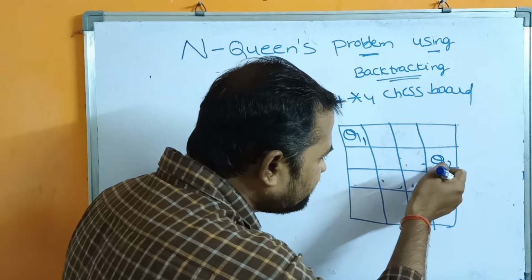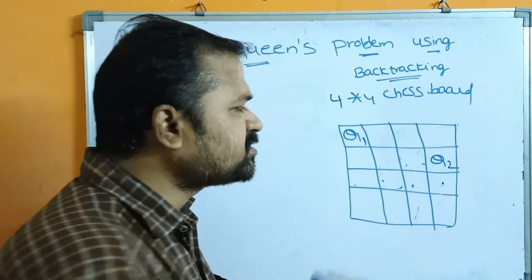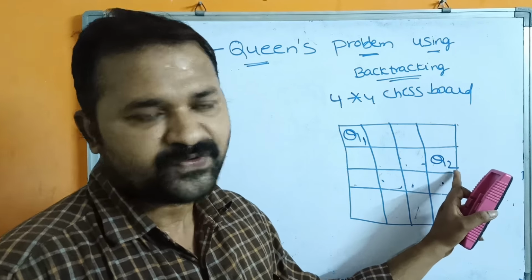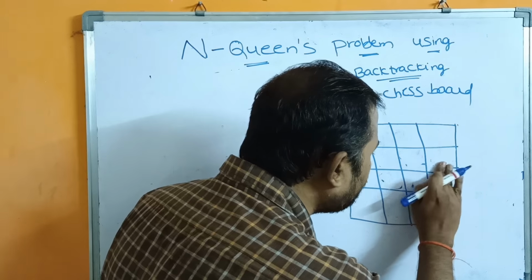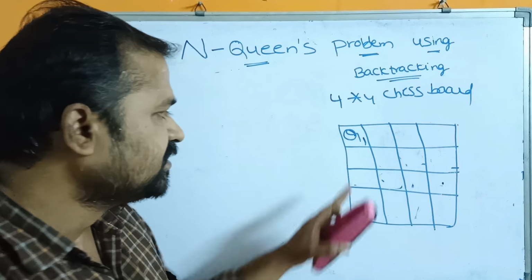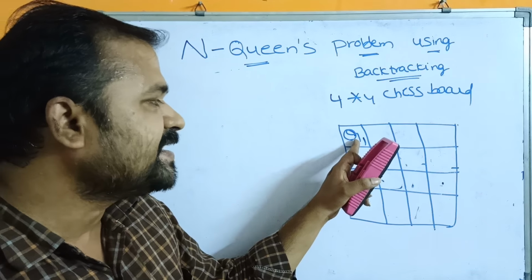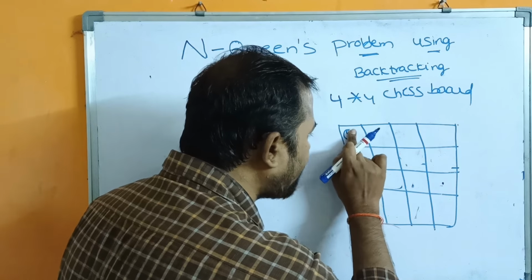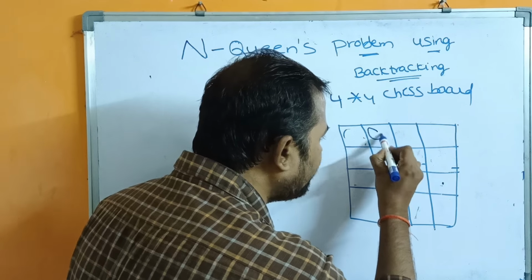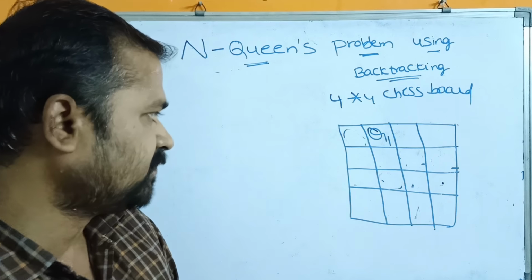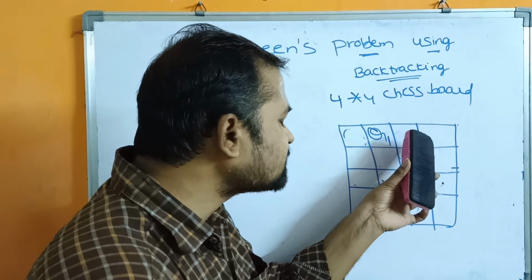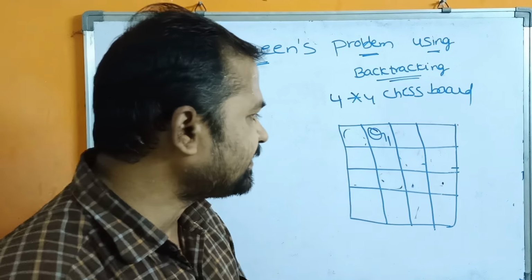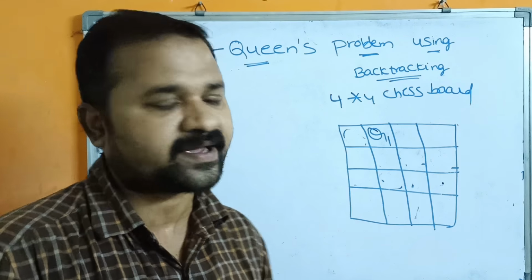If you backtrack to its previous state, here all the possibilities of Q2 are over. All the 4 possibilities are over. So now we have to backtrack to its previous queen, that is Q1. Q1 is actually placed at first row, first cell. So let us try for the second alternative. Let us place Q1 at first row, second cell. Next, we can't place Q2 in the next two cells. Why? Because if you place like that, then they will be under attack.